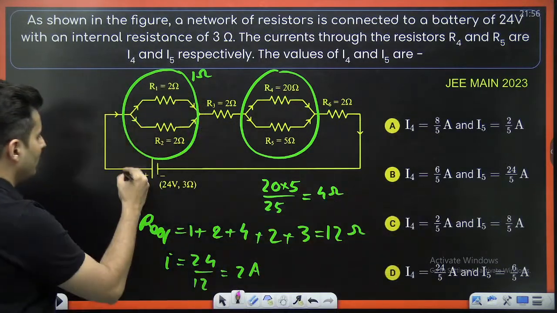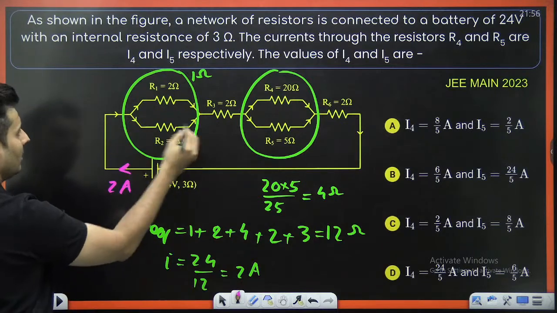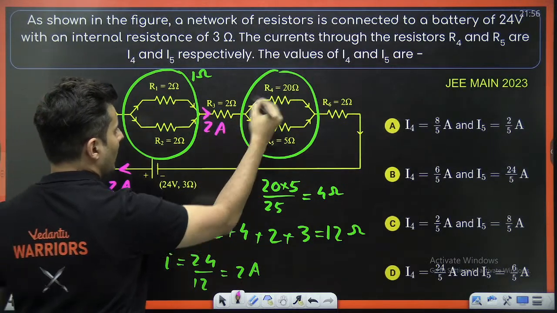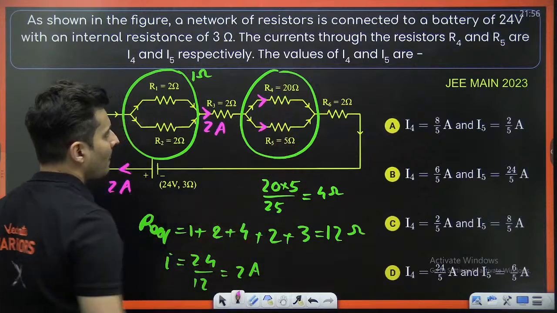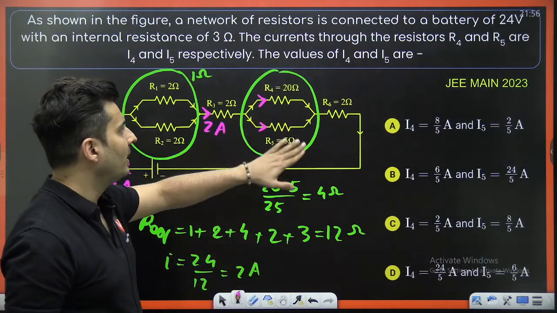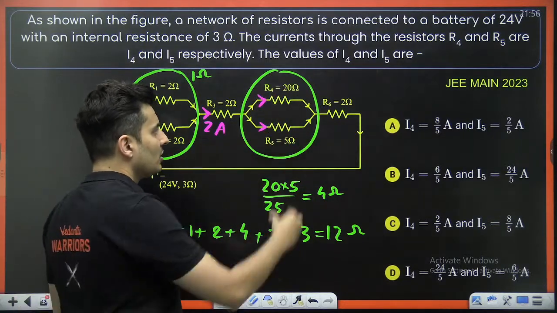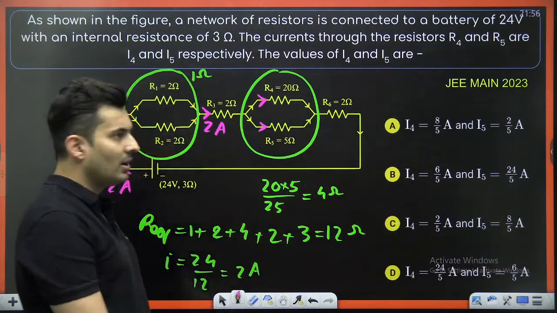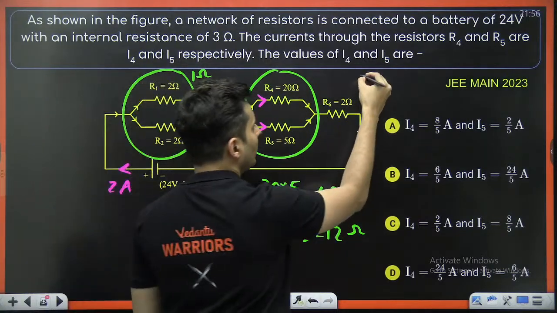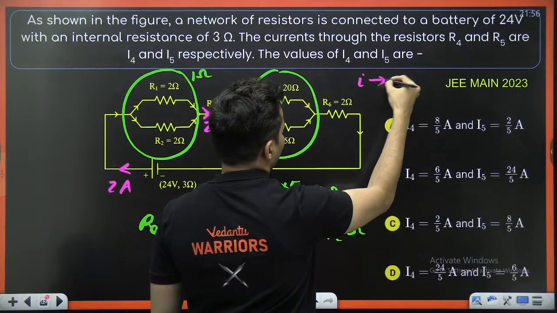So where is that 2 amperes going? The 2 amperes is coming here. It will also go here, and it will get distributed here. In what ratio? 5:20, which is 1:4 ratio. That's how it will be getting divided. So current will get divided in the ratio of